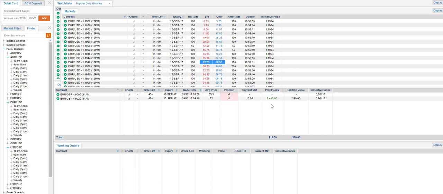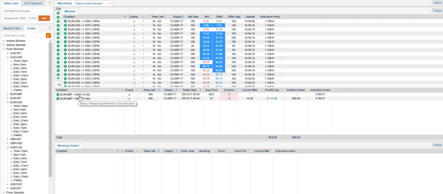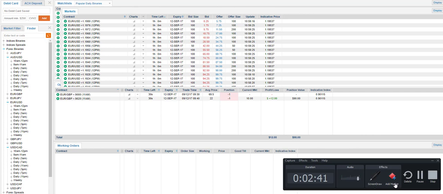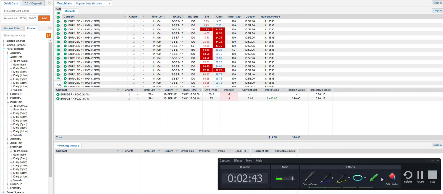Okay, but what you see happening here is, let's not look at the 9,000. Let's look at the 920. This was a simple process of putting a working order on and it getting filled. And it got filled because when the market is set,